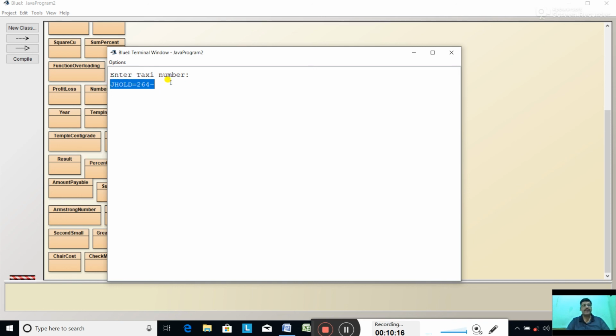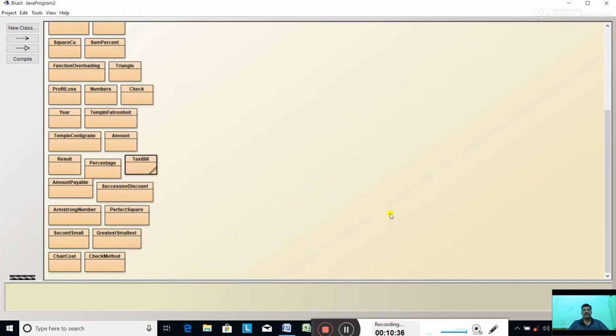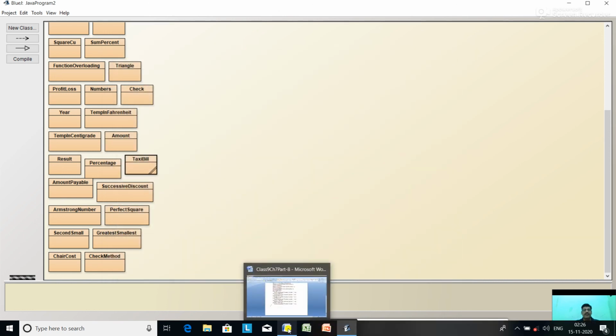Once again, enter the distance, suppose distance 678 kilometers. So taxi number, distance covered 678 kilometers, amount 3545. All right, so the program is correct, you got the correct output.